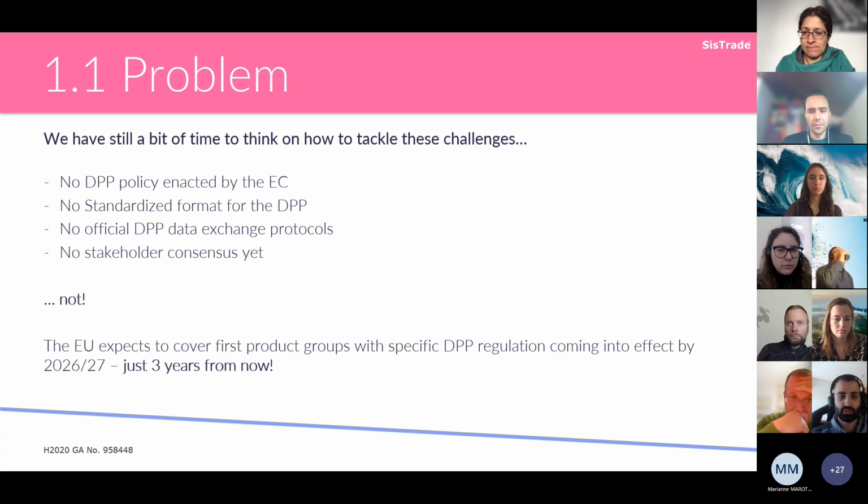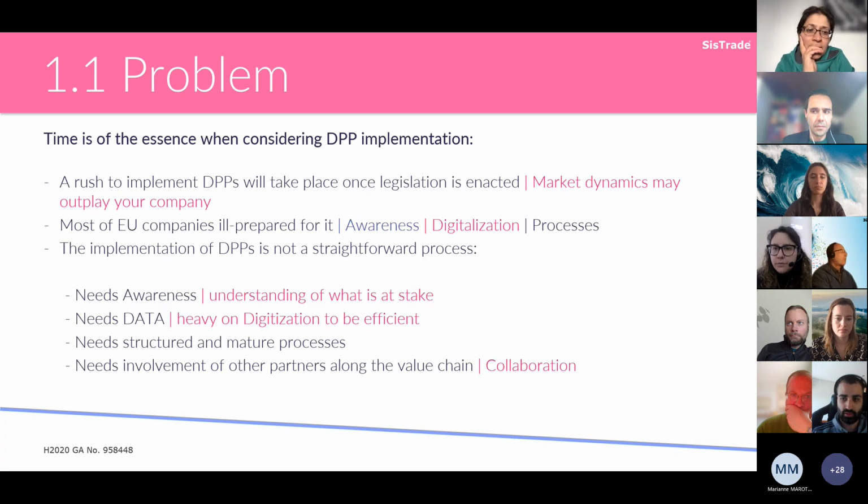We may think that we still have a bit of time to tackle these challenges because there is no DPP policy enacted yet, no standardized format, no official data exchange protocols or stakeholder consensus yet. And we do not have much time to think about this because just 3 years from now, the EU expects to cover the first groups with specific DPP regulations coming into effect. Time is of the essence when considering DPP implementation because it will be a rush to implement DPPs once the legislation is enacted,